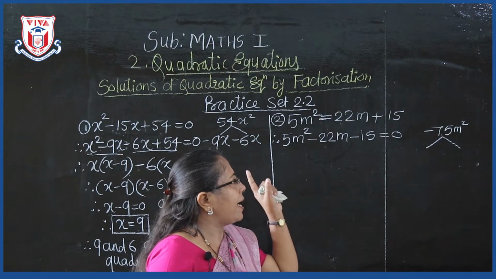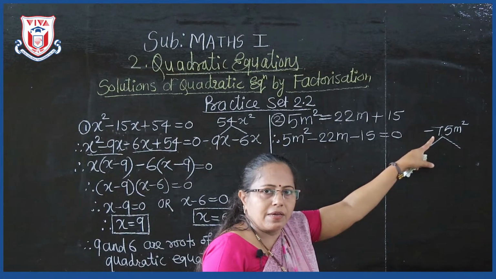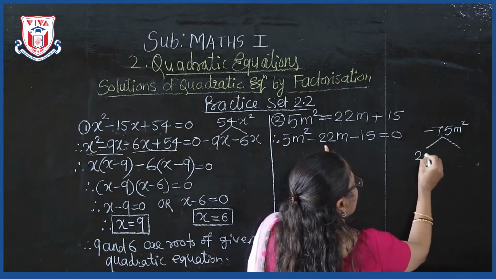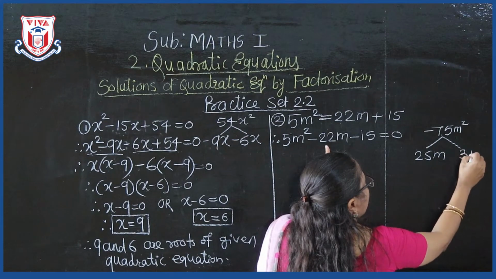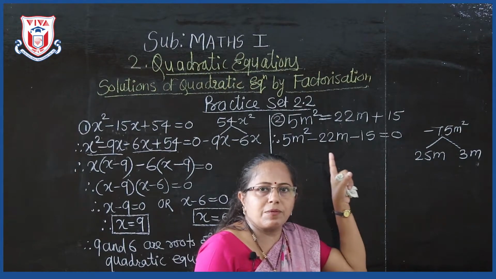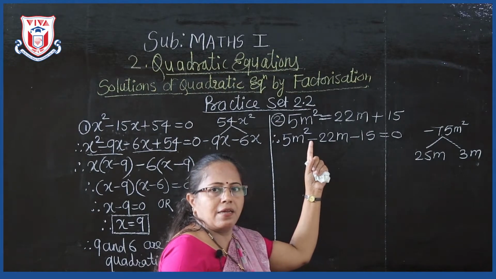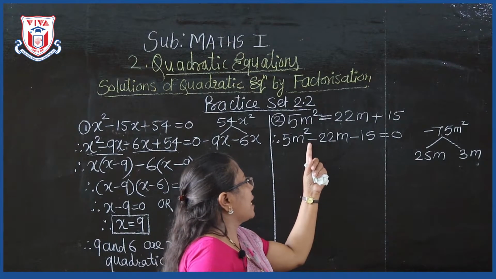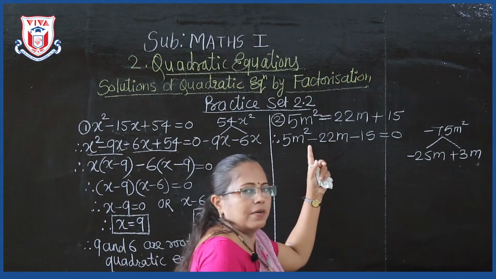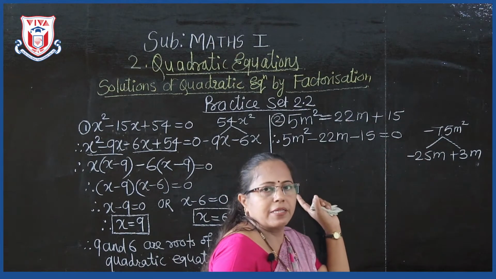Okay, so we will get the pair 25 3s are 75 and 25 minus 3 is 22. So here we got the factors 25m and 3m. Now sign, as I told you, one factor is positive, the other one is negative. Now the middle term has which sign? Minus. This sign we have to give to the bigger factor, minus, and the other factor is plus. Followed this? So whenever you have a negative product, you have to remember this.